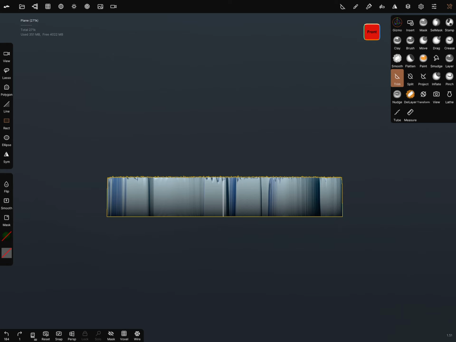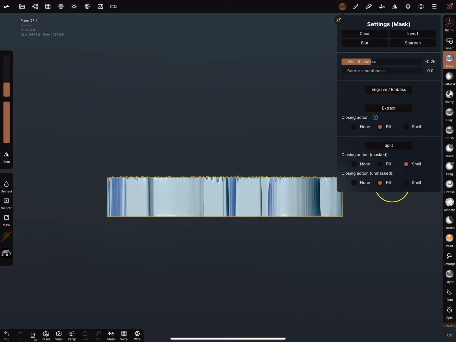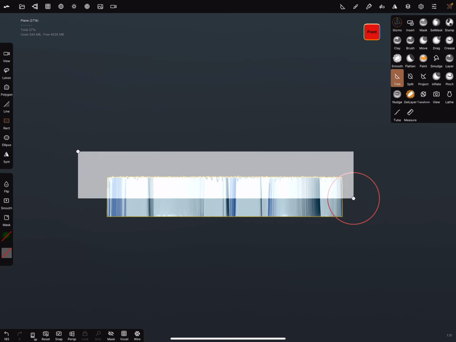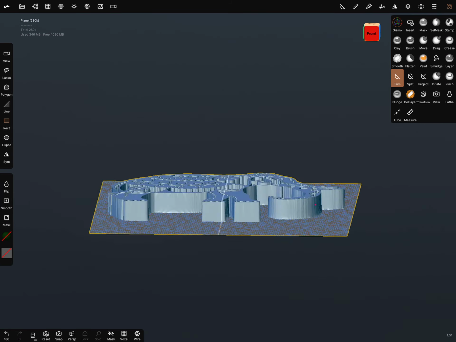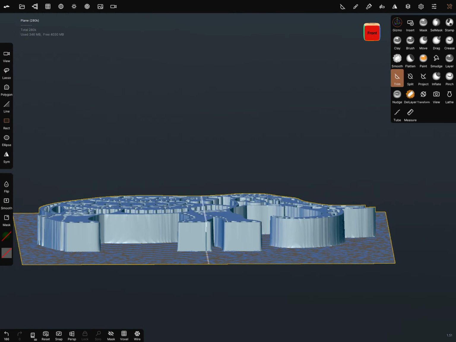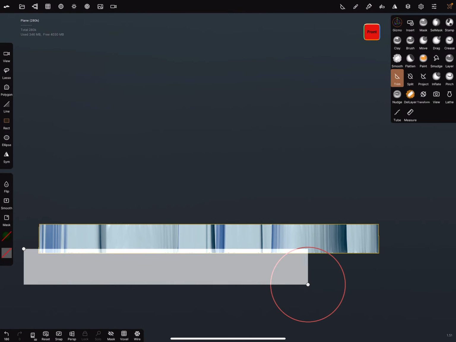I clear the mask and I trim the shape. And for example, I can trim the plate off.